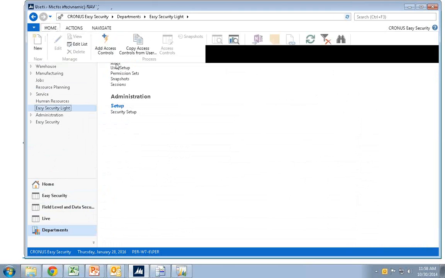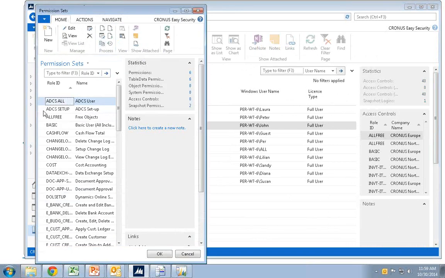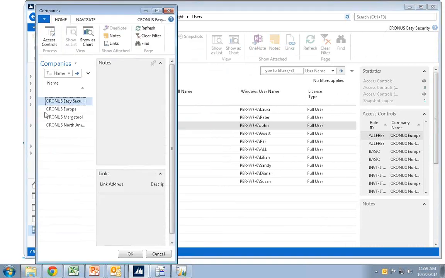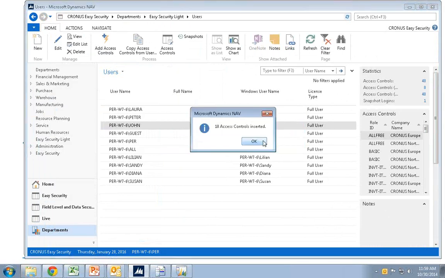When you look under users, first of all, there's a very big difference. There's no field level and data security in here. When you work with users, you're working on the live data in here. So there's no offline the same way as it is. You have a couple of wizards, like one that allows you to add multiple roles in multiple companies at the same time, and it will allow you to add roles that don't already exist, for example.